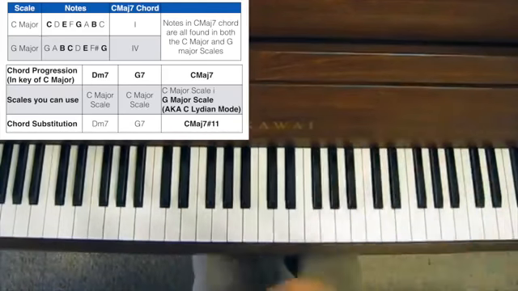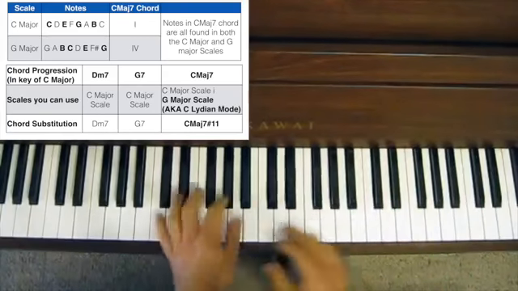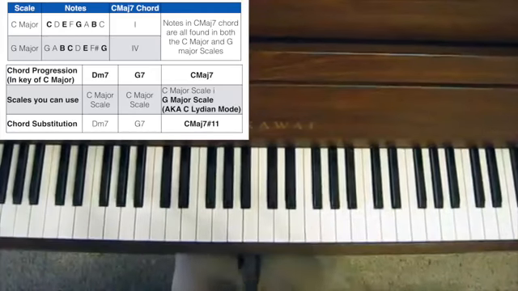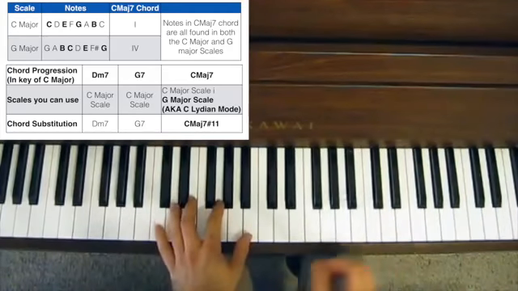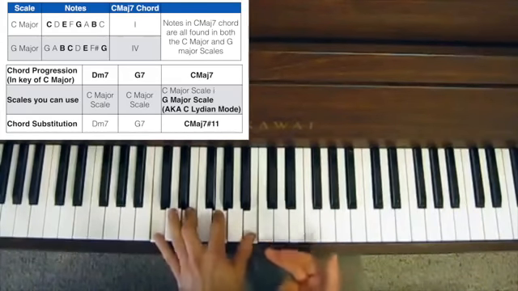Which again, as a little aside, is the mode that was used a lot during the bebop era to avoid the avoid notes. But again, that's an aside. Now, in the same way that you can play the G major scale over the C major 7 chord, because